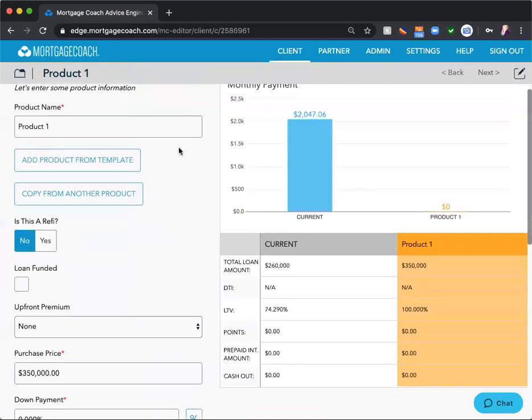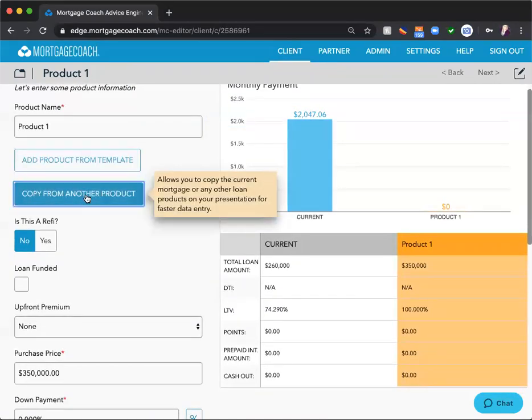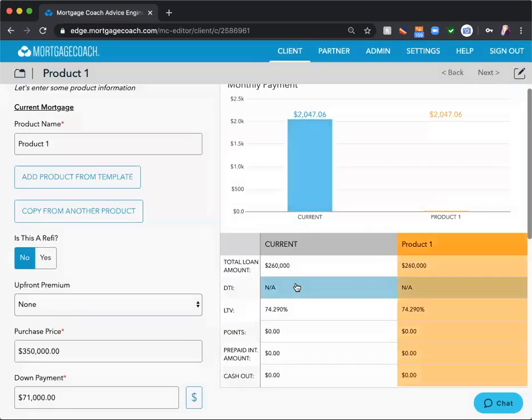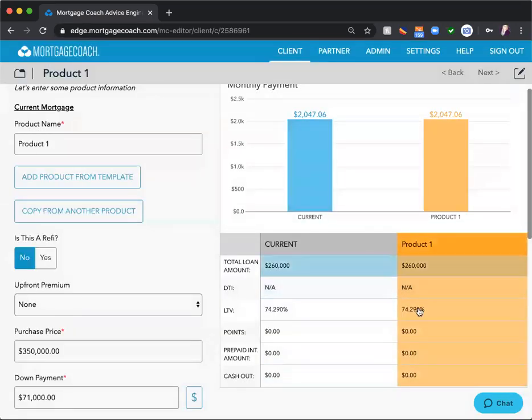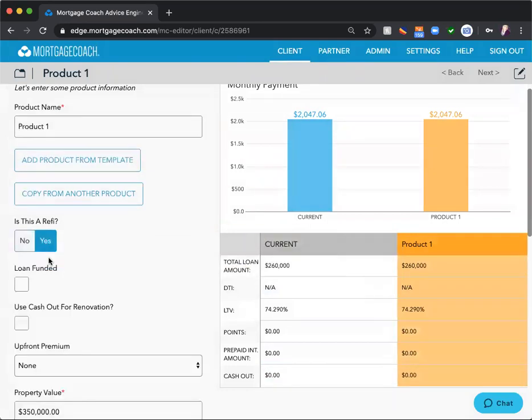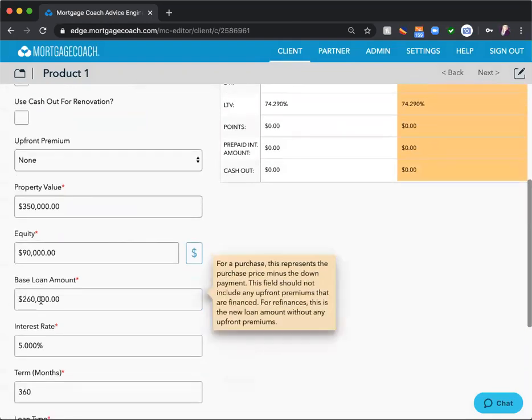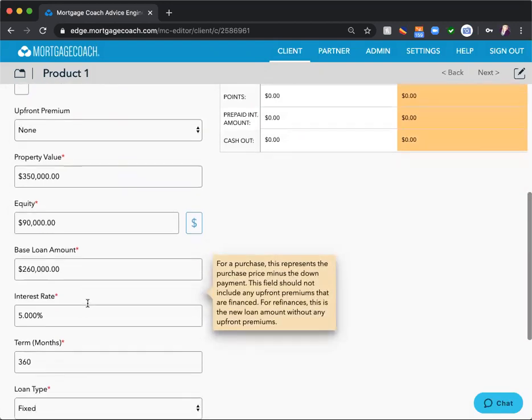What it's going to do is, when I copy from another product, the first thing I'm going to copy is that current loan. That's going to bring over all that information so I have two identical loans. Now what I'm going to do is switch it to yes, it's a refi. And when I do that, it's automatically going to add that second to my base loan amount. So now it's added the first and the second together,